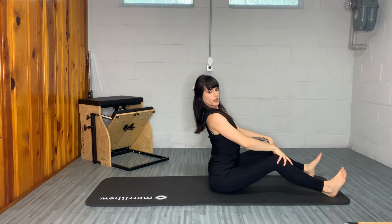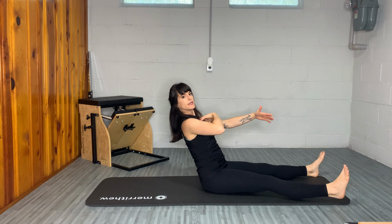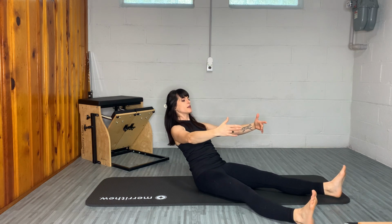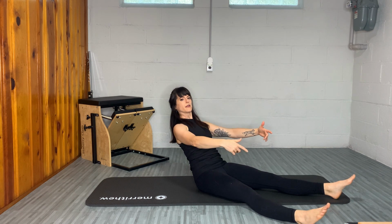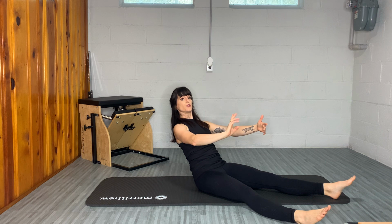Okay, I'm not arched like that, and I'm not rounded like the last exercise. So I'm just going to lean. You're only going to lean back as far as you can keep your heart lifted and your legs on the floor. And we're going to hold 10, 9, 8, get taller, 7, 6, you're to the back of the sit bones,